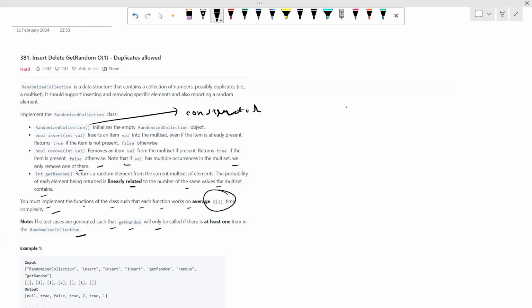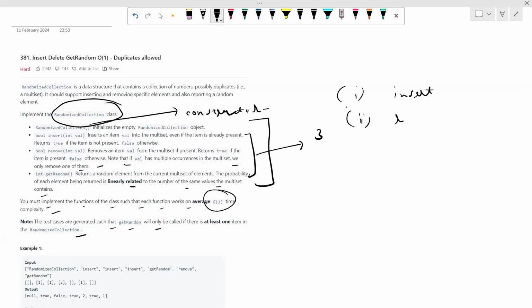So what we need to do is implement a RandomizedCollection class. It will have a constructor and these three functions. The first one is insert, the second one is remove, and the third one is getRandom. So we just need to implement these three functions. For insert, we need to implement a function which inserts an item val into the multiset,